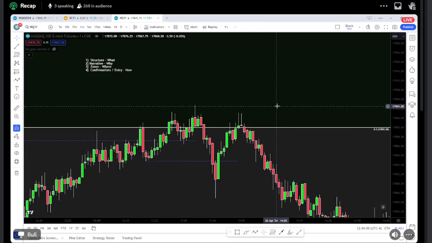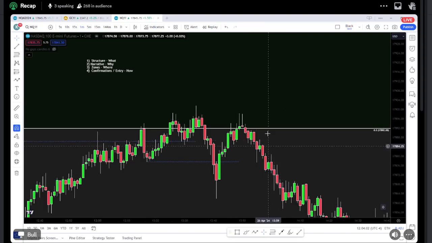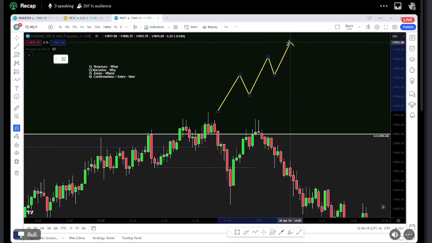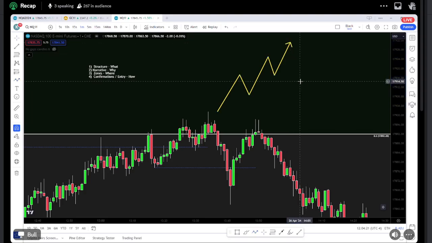Would I have shorted on the 14:47 candle? No. And the reason for that is because you're looking for confirmation. So what you see on the lower time frame order flow here is essentially, after it breaks trend on our seconds time frame, you're seeing this. And we're waiting for a confirmation flip.